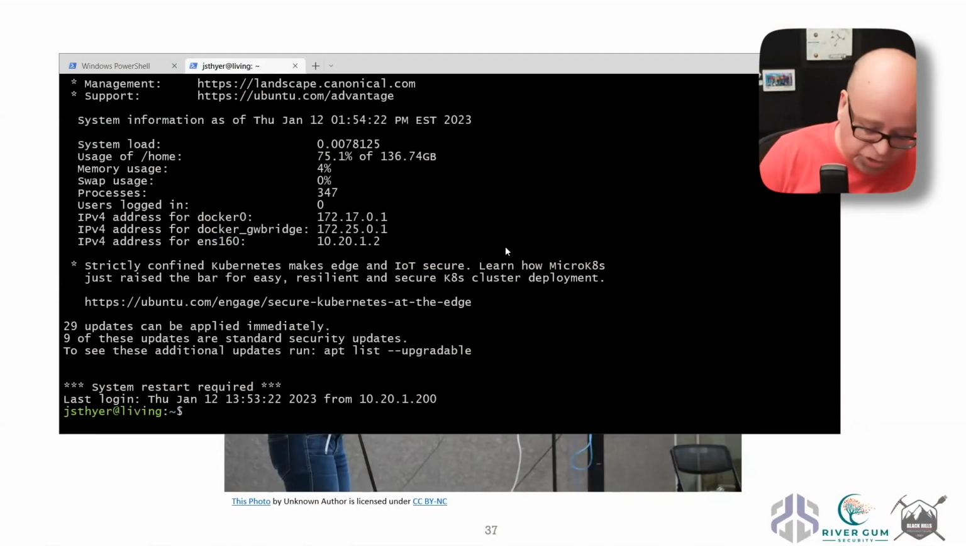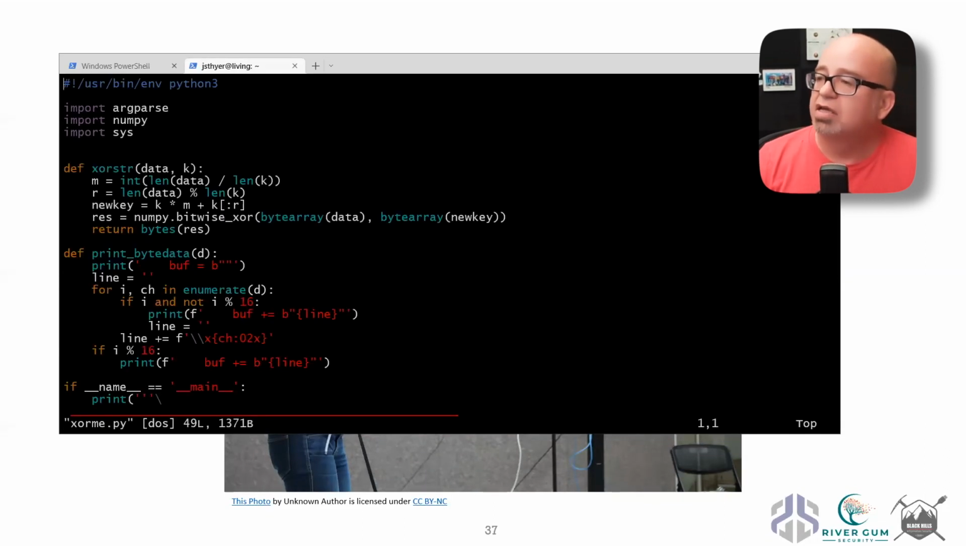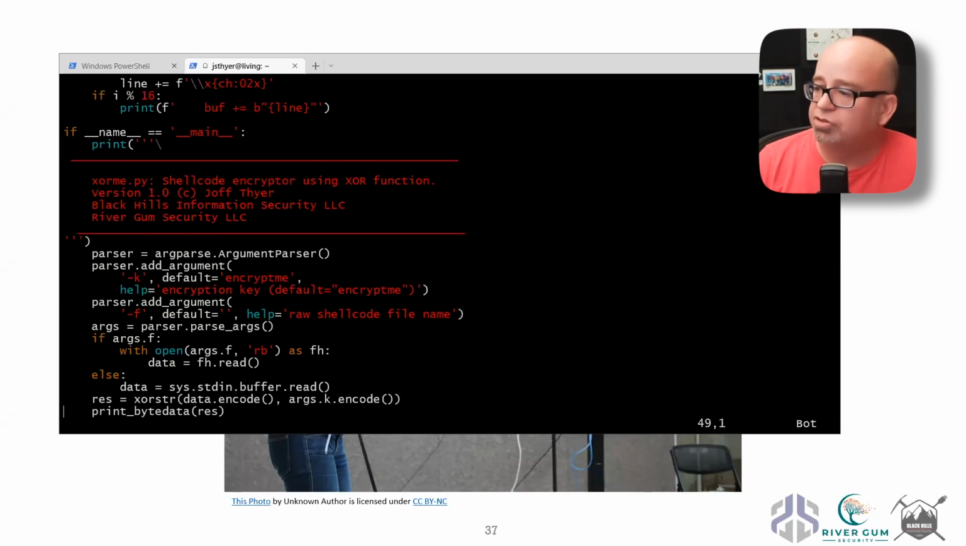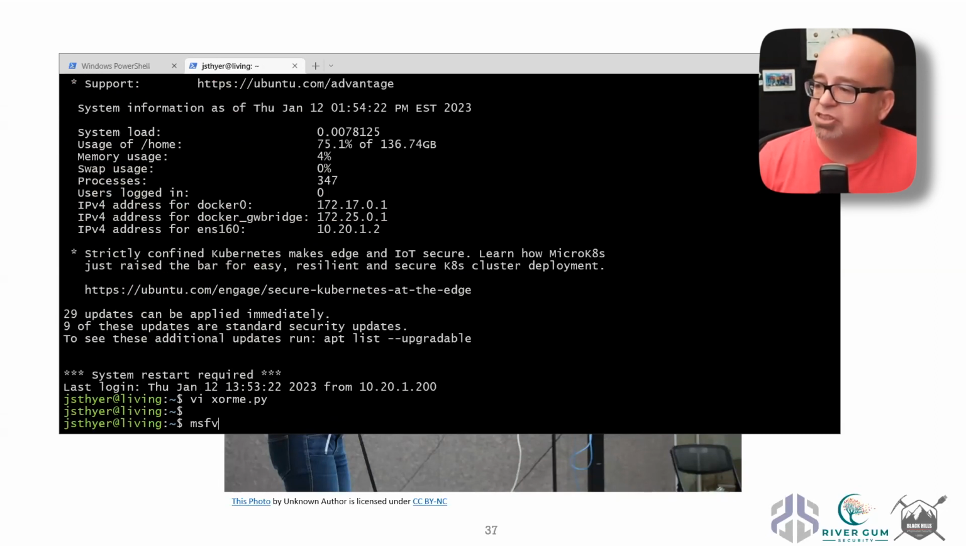I think it's finally demo time. So let's try a couple of things. That XOR me script I talked about was what we were going to use to encrypt shellcode, right? So remember, we had this thing that basically is a shellcode encryptor using the XOR function, using NumPy. And if we use MSF Venom with a payload,